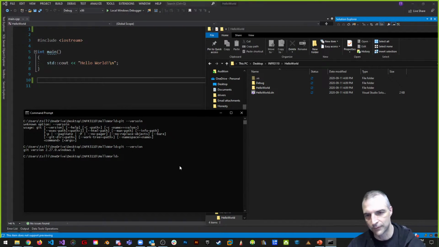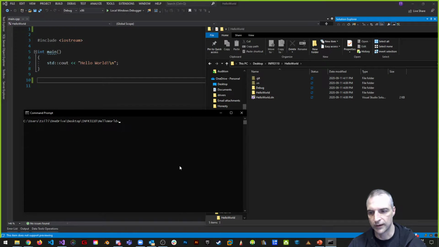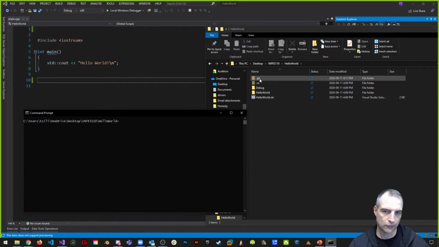So I would have to do something like this. git init, right? And what git init does, as an example, notice what it did over here in my project, it actually added in a hidden .git folder. That's what it did, right? And that is where I'm going to keep track of my commits, right? And then I could do something like, okay, after I've initialized, so git init is the first command,